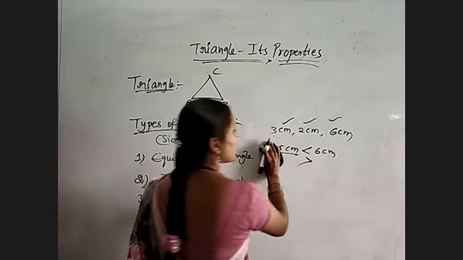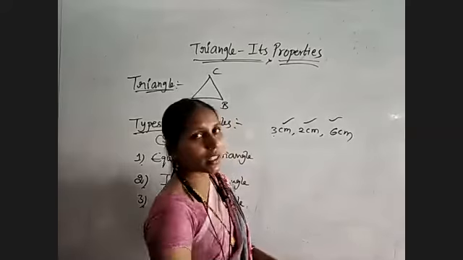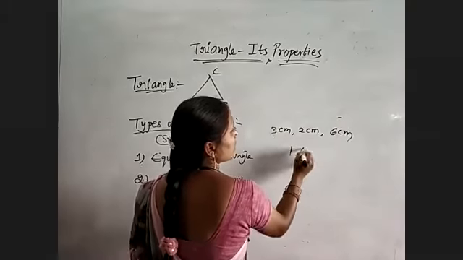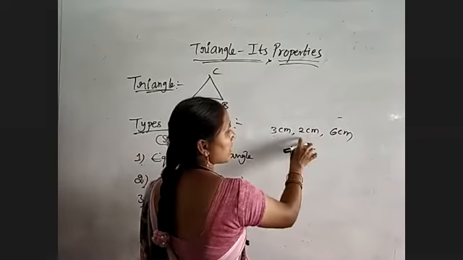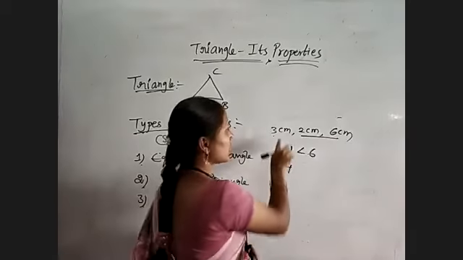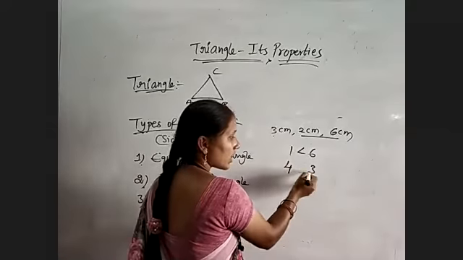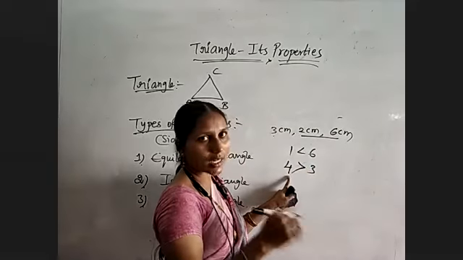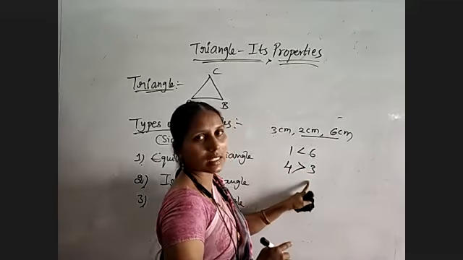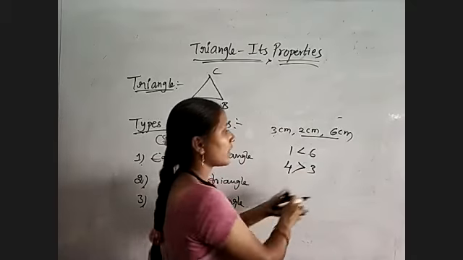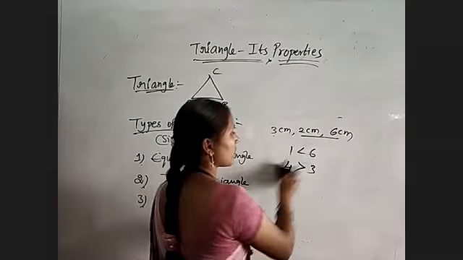Okay. Instead of sum, go through with the difference. 3 minus 2 is 1. 1 is lesser than 6. Okay. 6 minus 2 is 4. So when I am taking these two, the third side is 3. 4 is greater than 3. But whenever we are talking about difference, that should be lesser than the third side. But here, the difference is more than the third side. So we can't get a triangle with these measurements.